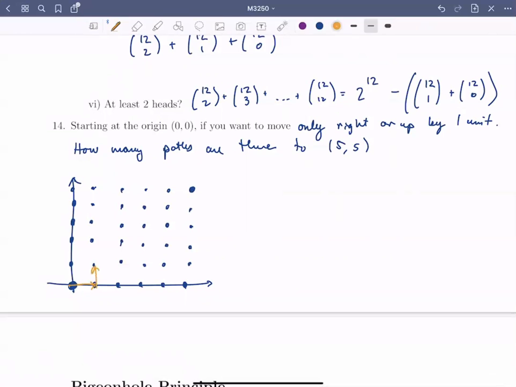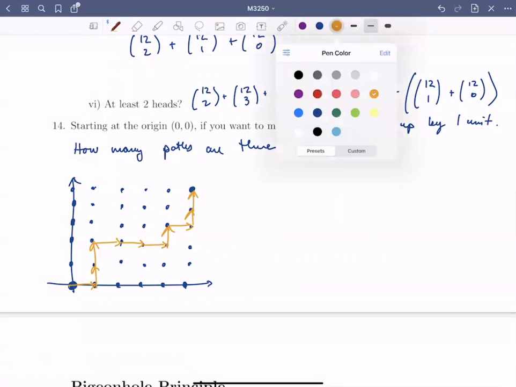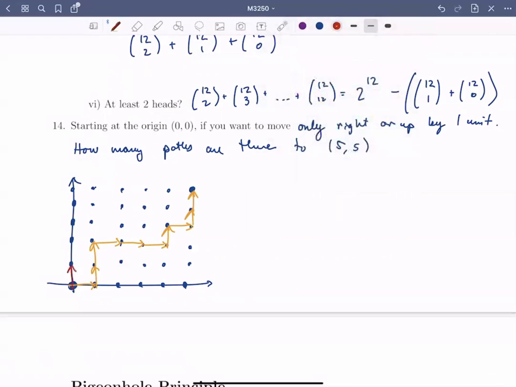So one path that we could take would be going right, up, right, right, right, up, right, up, up. That'd be one path that you could take. Another path that you could take would be, say, a boring path. Go up all the way, up, up, up, up, up, right, right, right, right, right. Okay, so that's another path. And the question is, if you're only allowed to move right or up, how many different paths are there